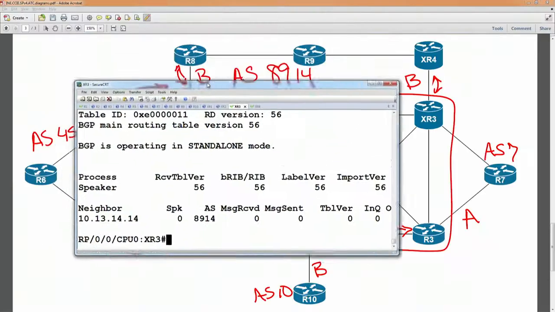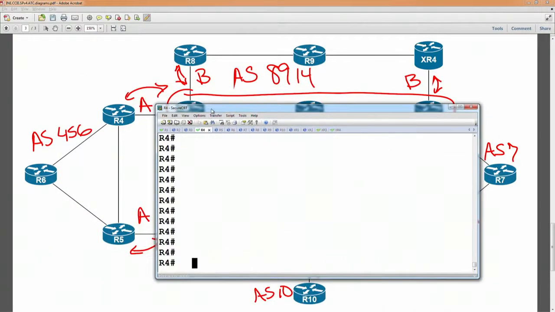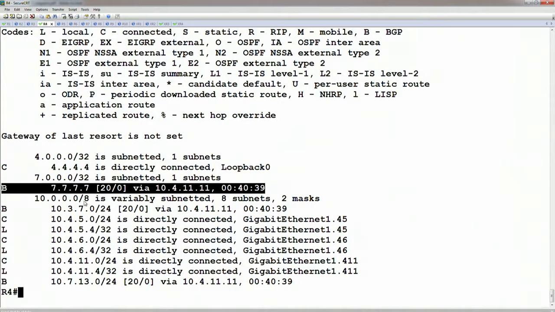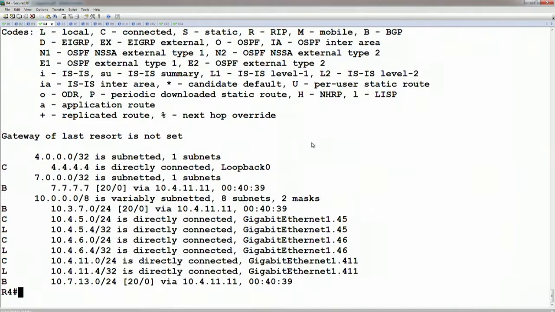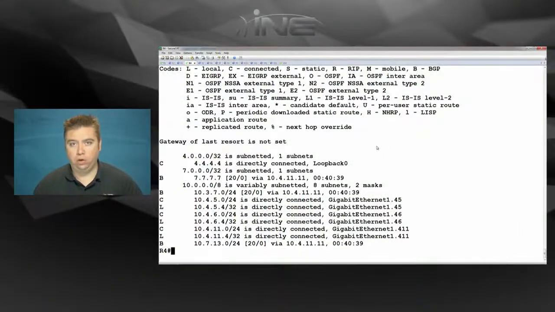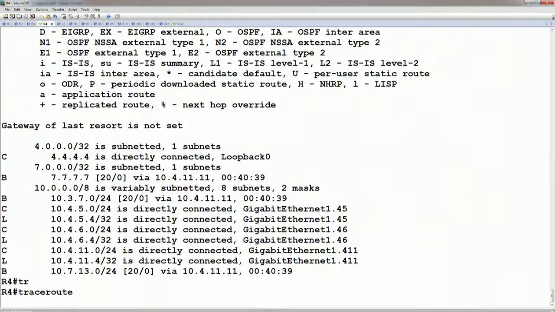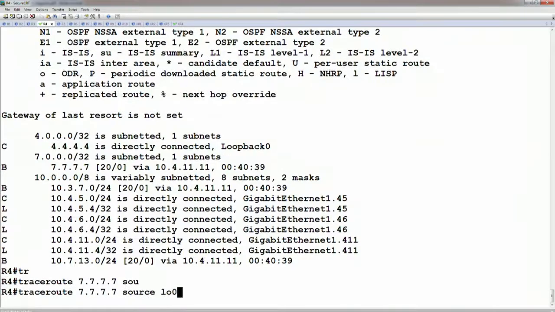And then from the customer's point of view, if we were to go to router 4 and simply show IP route, we see that we have some of the routes installed as BGP prefixes. Now, ultimately, when we test connectivity from the customer's point of view, we should see a 2-label stack in the MPLS core, where the topmost label is talking about the loopback of the exit PE out of the SP core, and the inner label is talking about the final destination, which is the VPN label that was generated by VPN v4 BGP. So from router 4's point of view, if we trace to 7777, sourcing this from our own loopback,